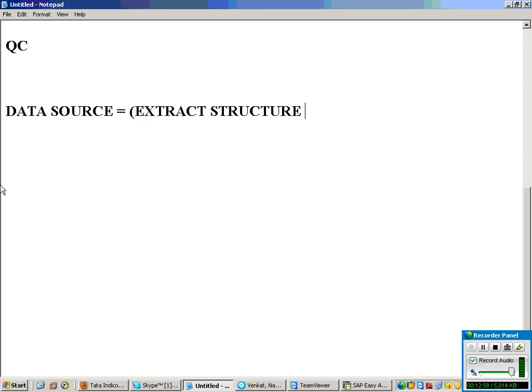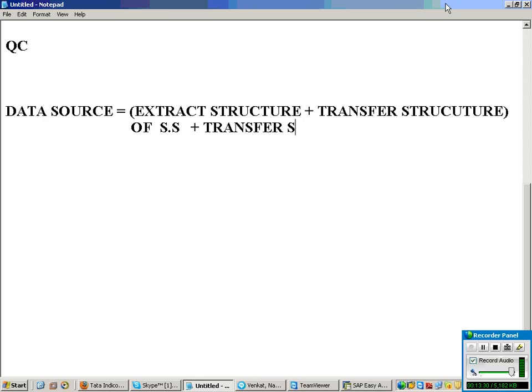Data source is equal to extract structure plus transfer structure of the source system plus transfer structure of your BI system.